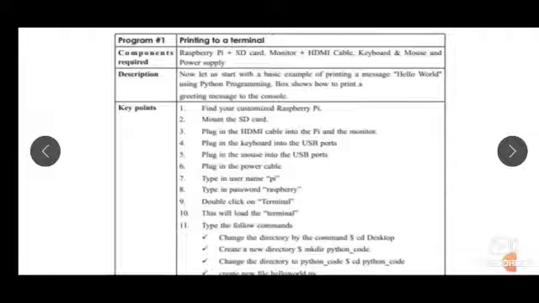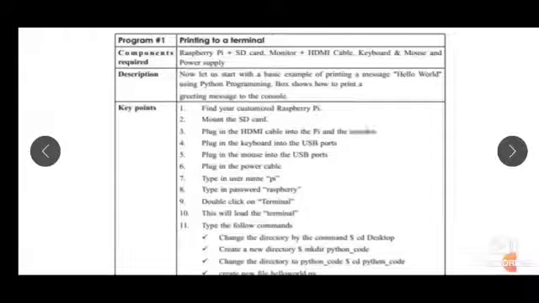Then the description goes like this. A basic example of printing message hello world using Python programming. So how to write the program, what are the steps we need to follow, are like this, the key points. Find your customized Raspberry Pi, then mount the SD card which we have seen in the earlier class, right, formatting and mounting and all.